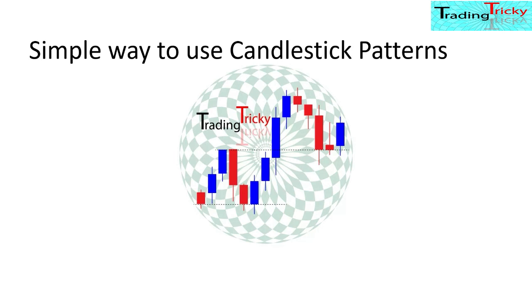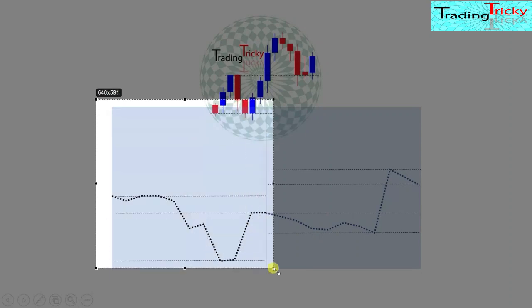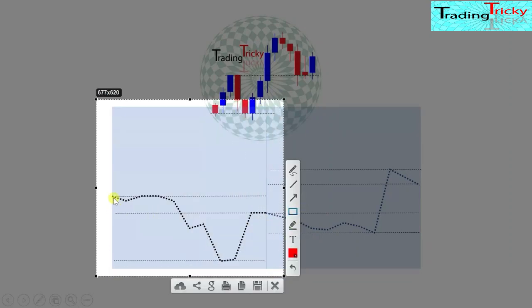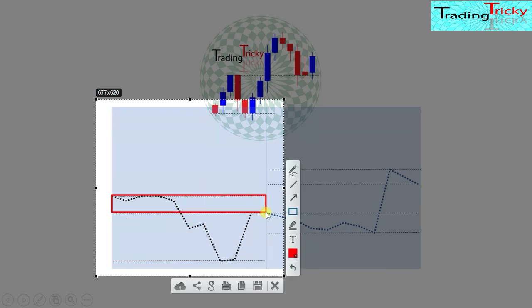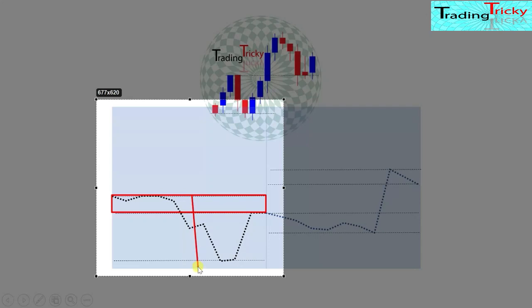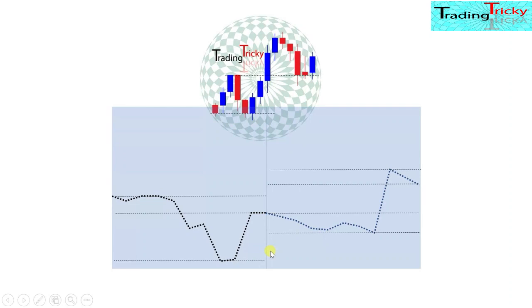So let me show you an example. As you can see, I have drawn two candlesticks here. This is the first one and here is the second one. If you check, this is the opening price, lowest price and closing price. If you look at the candlestick, you can see the candle is moving down and finally went up, closing here, and this is the lowest price. So the candle looks like this.